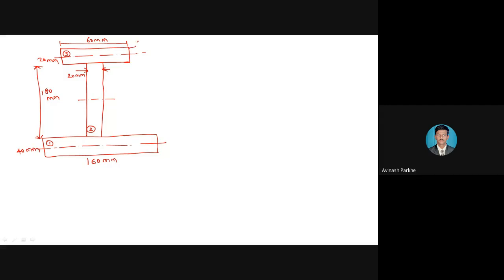Okay, so this is top flange, this is web, and bottom flange is there. Draw the figure accordingly in your notebook. Okay, so this is the unsymmetrical I section. So as per the condition given, first of all, we have to calculate the capital M, because the simply supported beam with UDL on entire span, that is as per condition